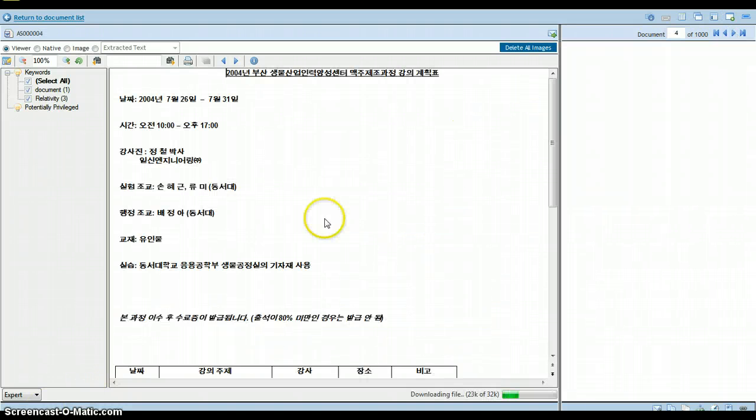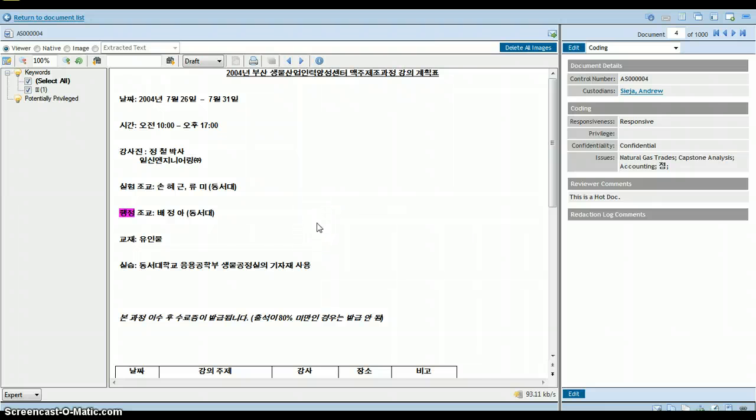Next, I'm going to jump to a Word document in Korean. Relativity is fully Unicode compliant, so you can download, search, and display foreign language, double byte language, and CJK characters. You can get persistent highlighting, tagging, and coding in CJK characters, and you can copy foreign words right out of the reviewer and paste them, submit them to search engines, and TIFF them. All the same functions you get out of the English language documents are available for foreign